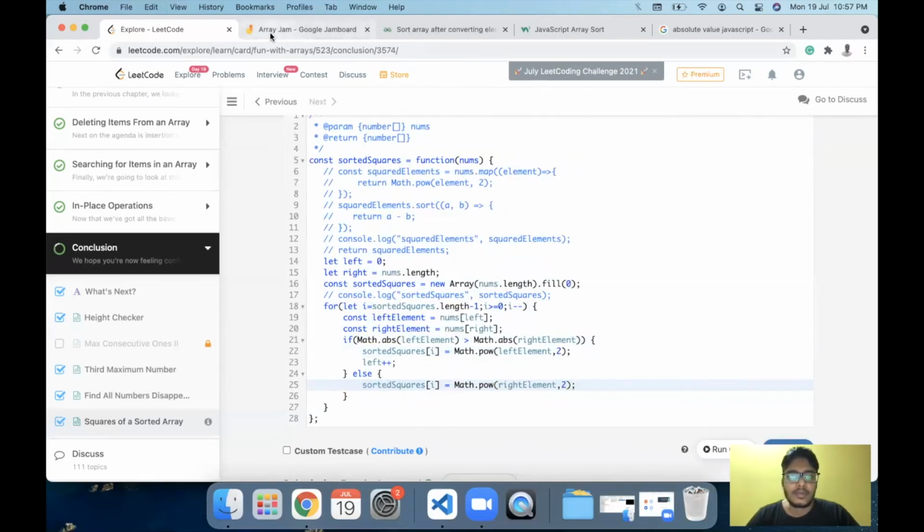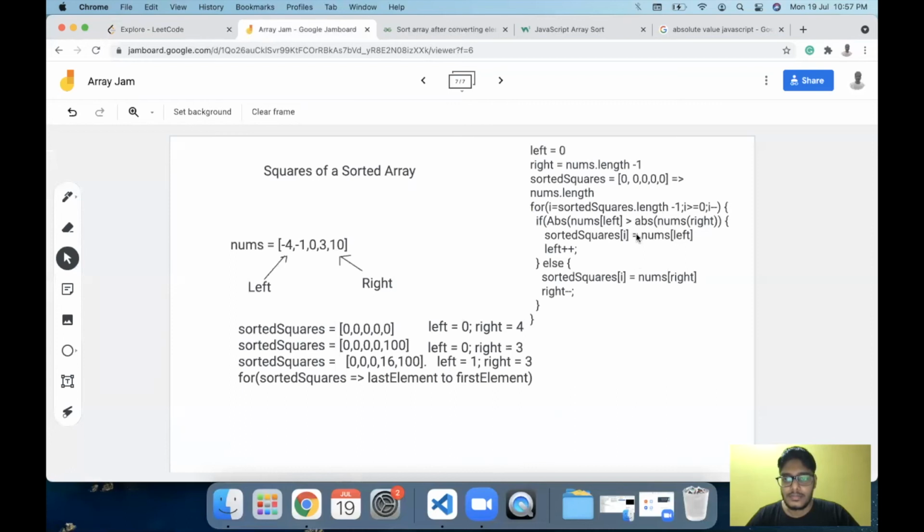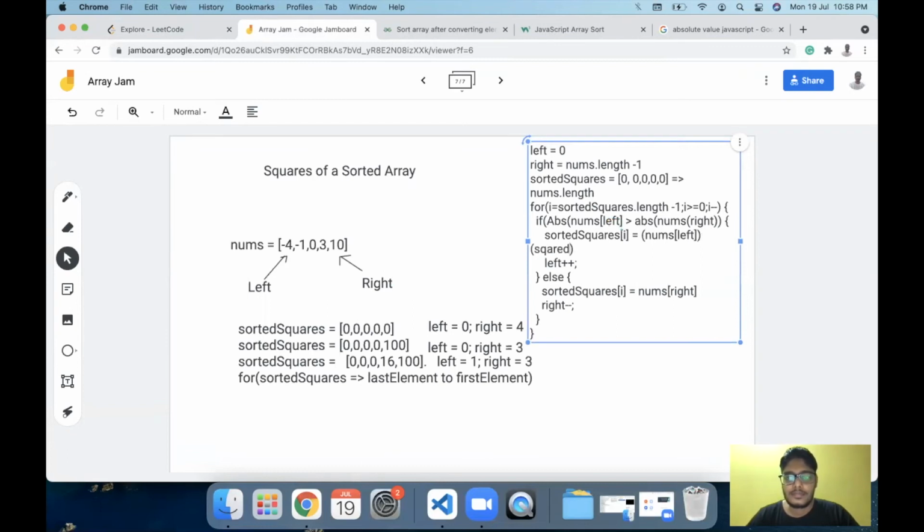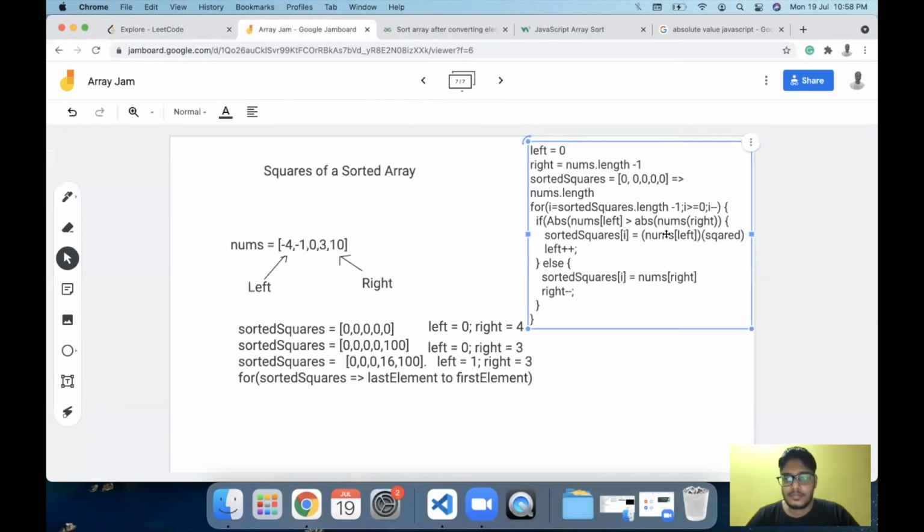Yeah, this should be the square of the value. I don't know how to represent the square, but nums of left should be squared, and even nums of right. I don't know how to type that superscript 2 notation, so I'm just typing it as a square.